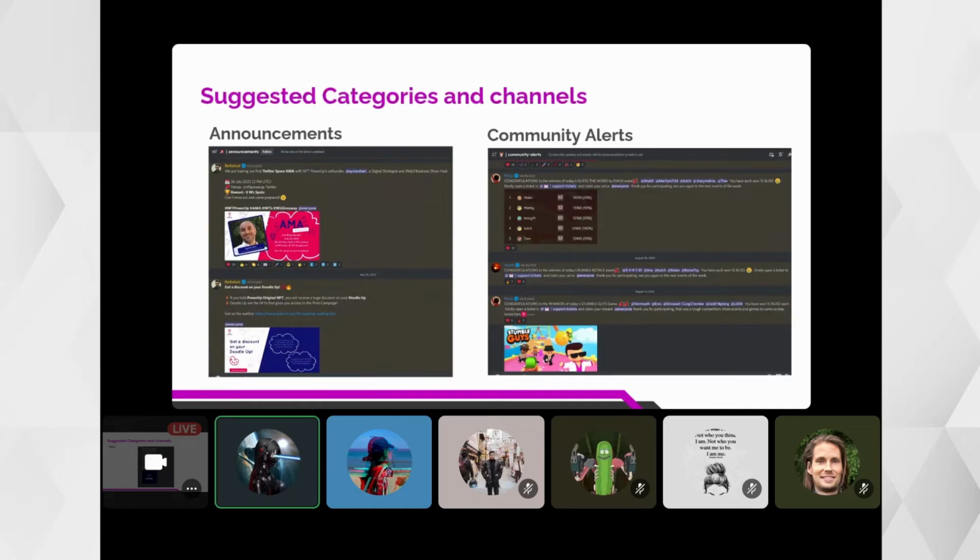For announcements and community alerts, we put up these two different channels, but basically they are both announcement channels. For the announcement channel, we only want contents relating to the project progress and some special things you want people to know about your project.